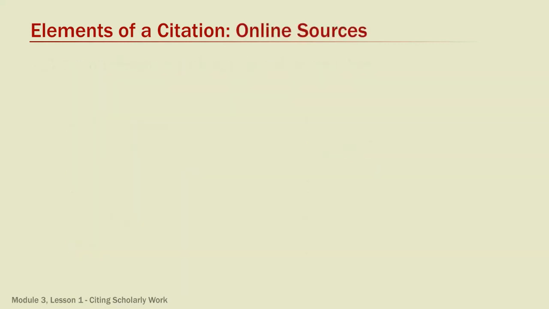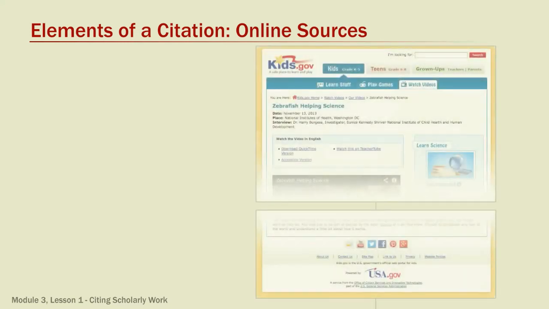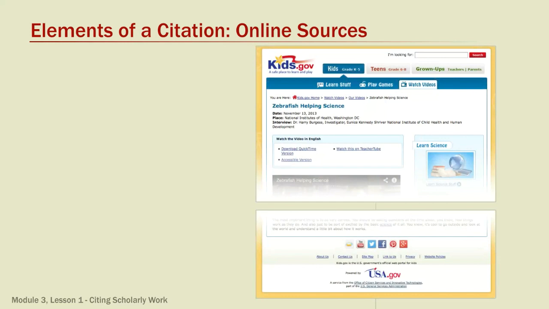Elements of a citation, online sources. For websites, the information required for a citation is slightly different, but the goal is the same. You want to pinpoint the exact version that you used in your research. To cite a website in MLA style, include as many as possible of the following: author's name, page or article